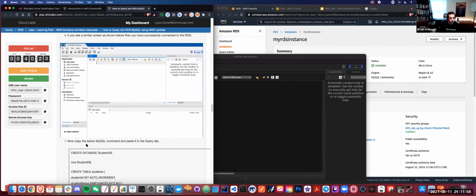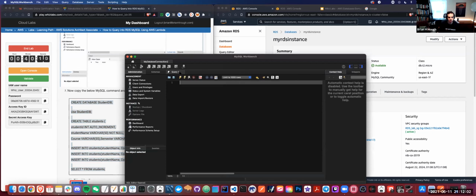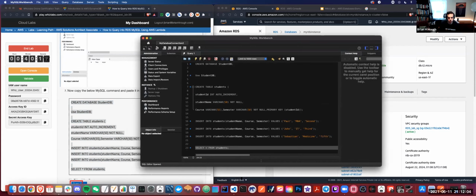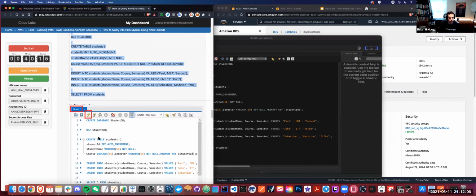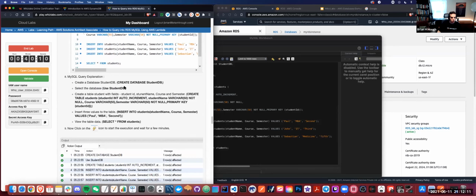All right, we're gonna now copy this code. So thanks Whizlabs for writing all of this. So we're gonna put that into the query section right here. So this is just our SQL editor. And we're gonna press this lightning button, but let's just see what this does, so we're gonna create